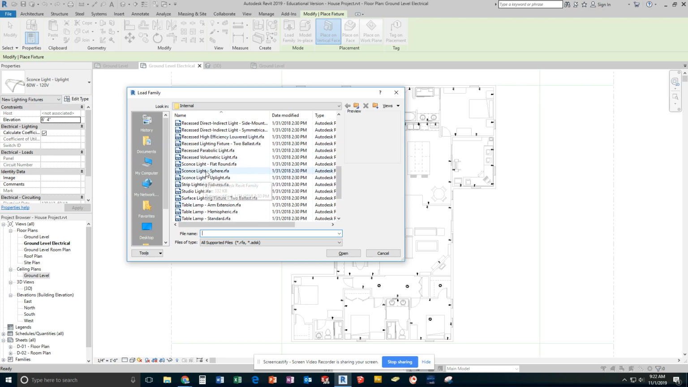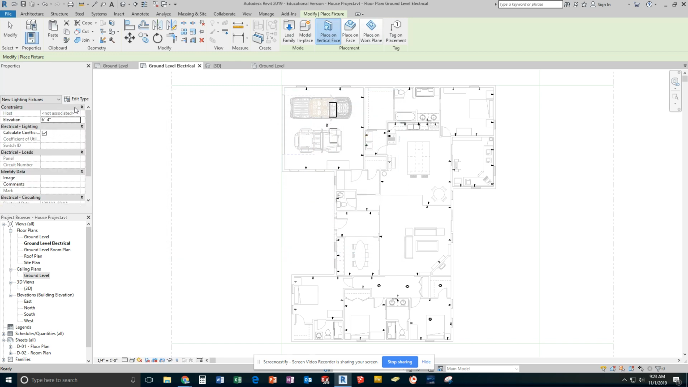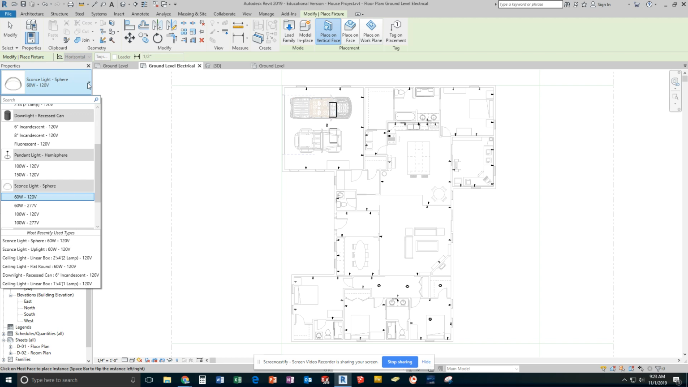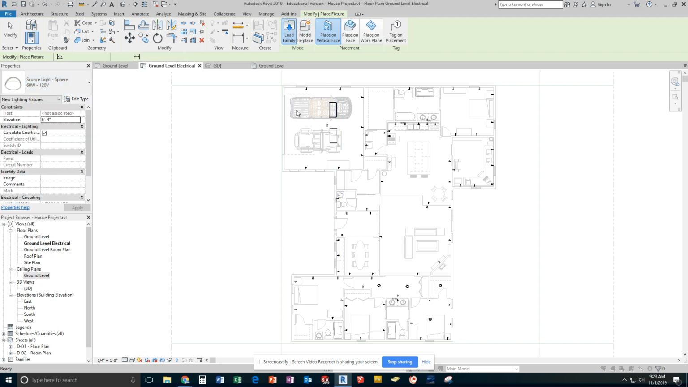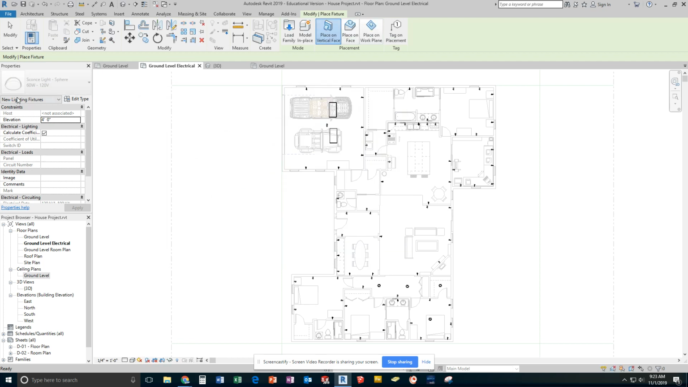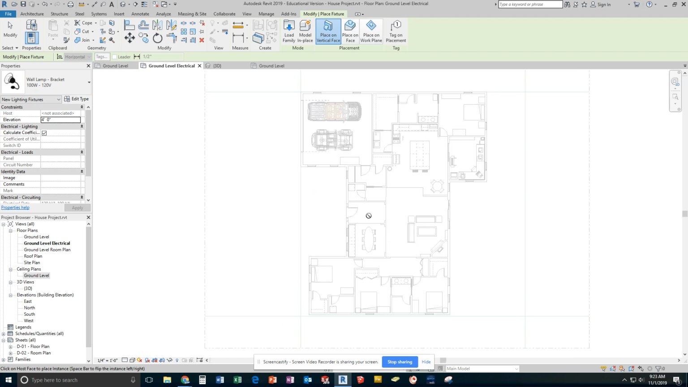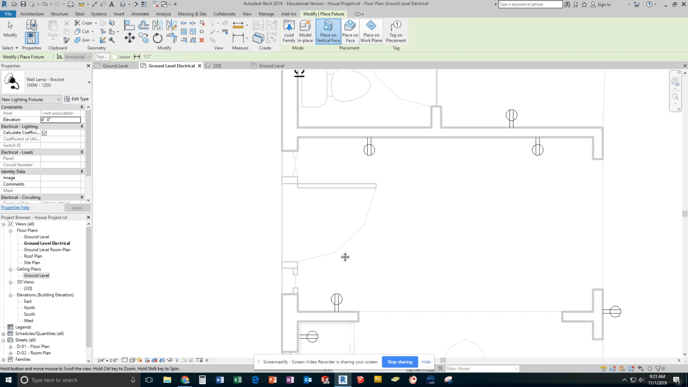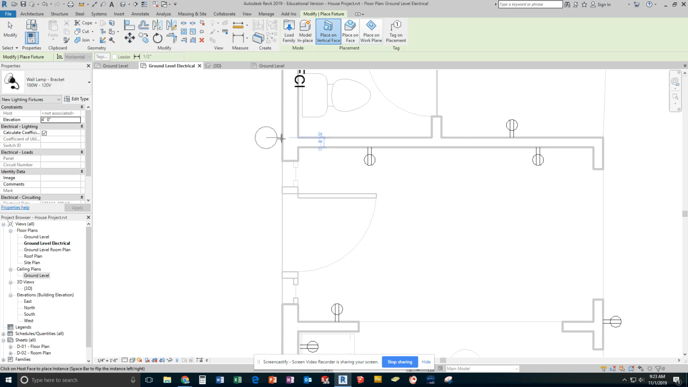Sconce style light again. We'll go with a sphere. Okay, well, I guess we'll just, I'm sorry. I'm not going to redo this video, but I believe the one that I'm actually looking for is a wall lamp. Yeah, this is the one that looks a lot more like what we consider a porch light kind of a thing. So I'm going to put this